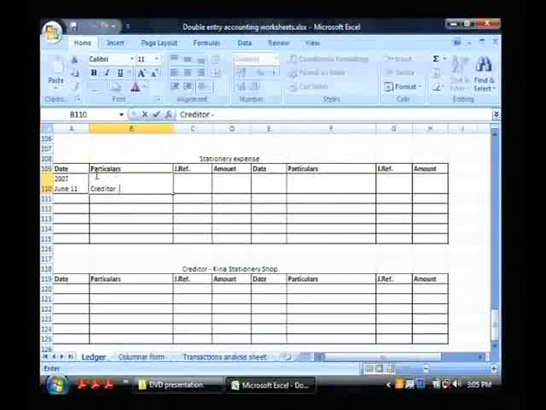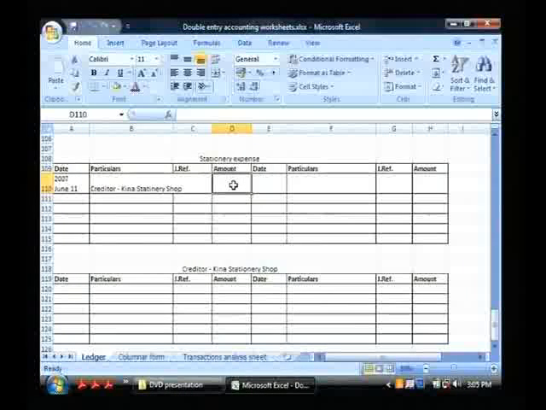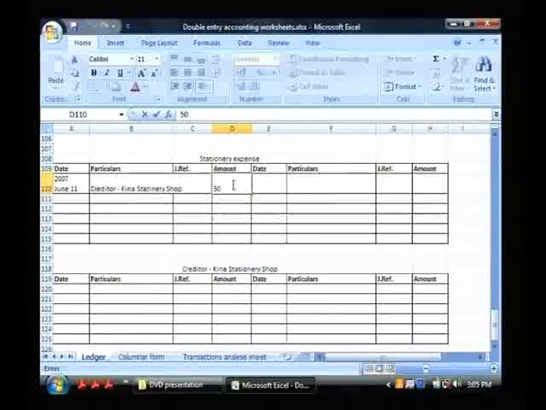Creditor: Kina Stationery Shop. Amount is 50 kina debit,